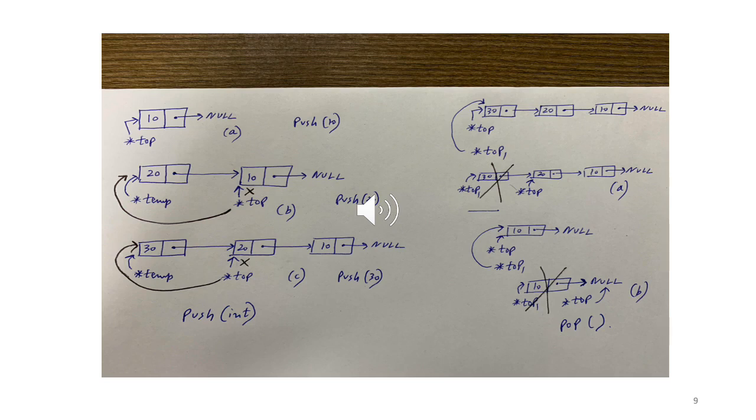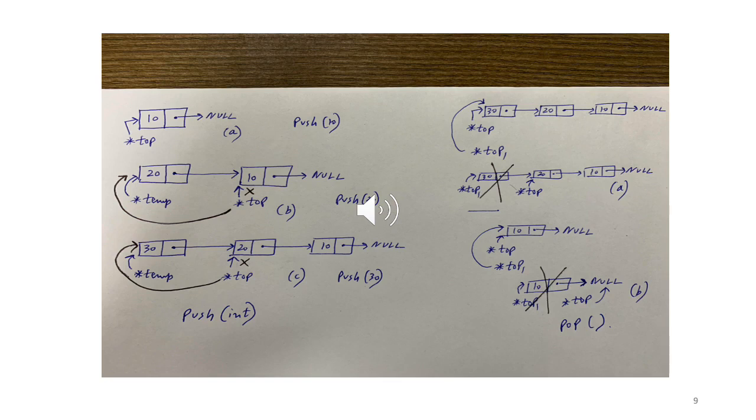Every time we call push, we specify the integer that we want to add, the info value. And what we will do is make a distinction based on whether the element we are pushing is the first element to be added or not, because we have to handle both cases separately.